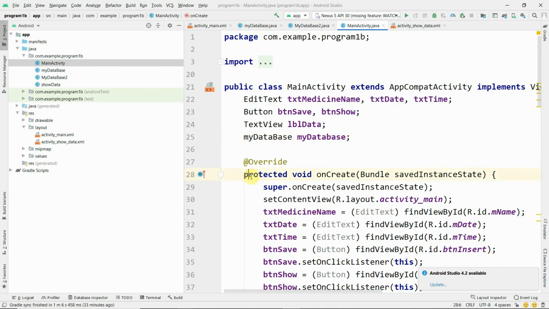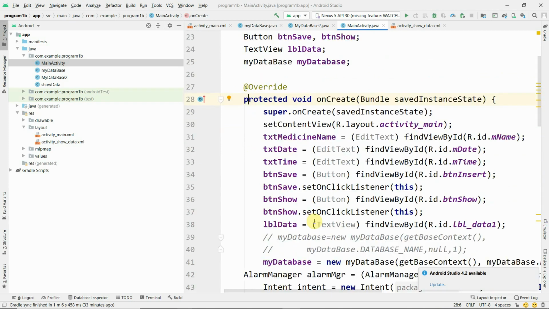Now, the next step is to map whatever you created in the interface, that is text boxes, with the objects that you created. txt medicine name is the text box object.